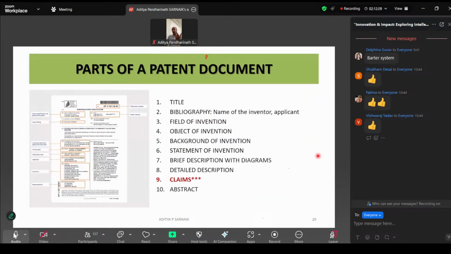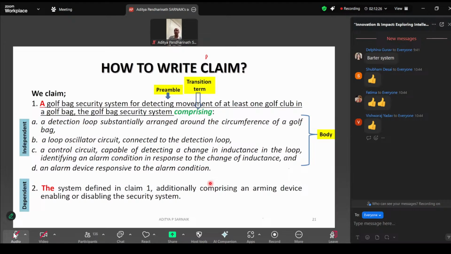Let's quickly go over the different parts of a patent. Like your research paper, there is a title, bibliography, invention, object of invention, and so on. A very important part of a patent document is the claim. So understand why claims are important. Whenever I claim, I always start with "we claim" and a colon. This is how the patent document is written. Now, see that the first